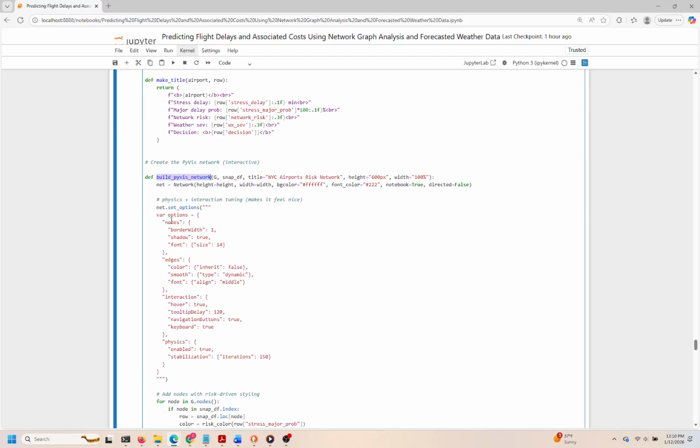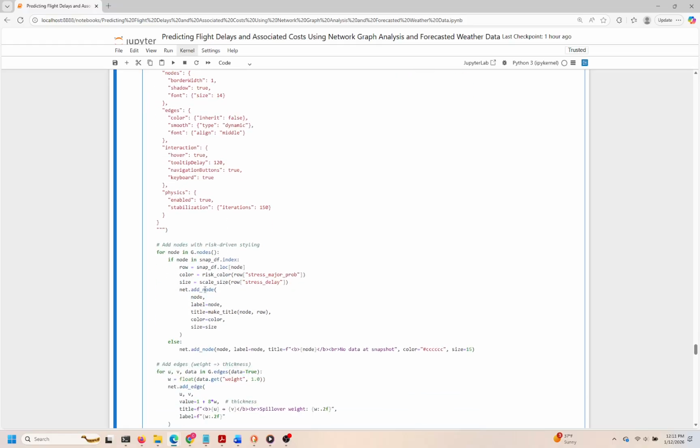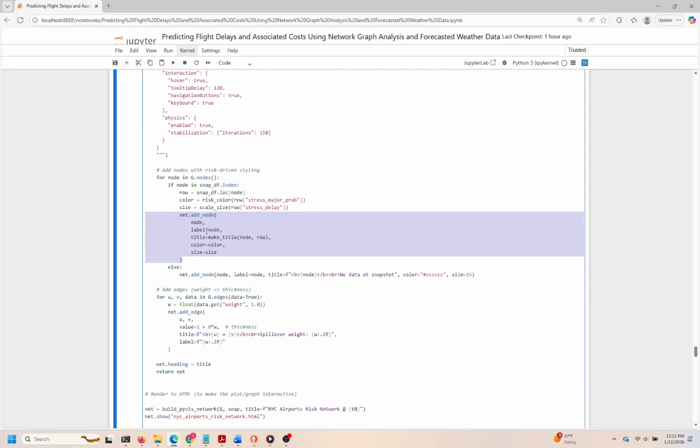The nodes, enriched with risk-driven styling, are dynamically added to the network, ensuring that even airports without data are represented, albeit in a muted style. Furthermore, the edges connecting the airports reflect their interaction strength through thickness, emphasizing the importance of these connections in the overall risk landscape. Finally, we render this interactive graph as an HTML file, allowing us to view it seamlessly within